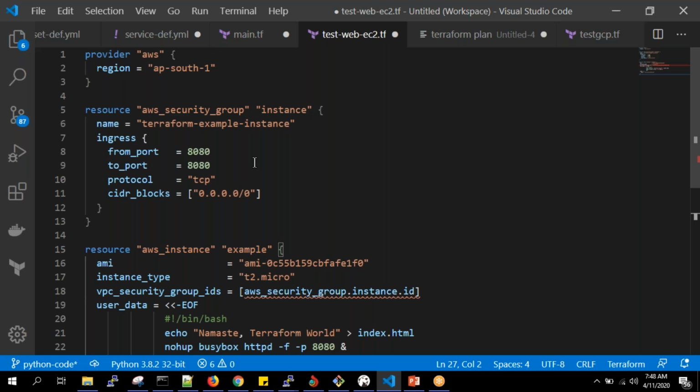So any port which is going to be accessed with the 8080 port, we want to open it for every request. So for every request, how we are going to mention that is with the CIDR block. CIDR block, if you are going to open, give with some specific IP address, within that range it is going to create a subnet, and then all the servers within that subnet will be given entry